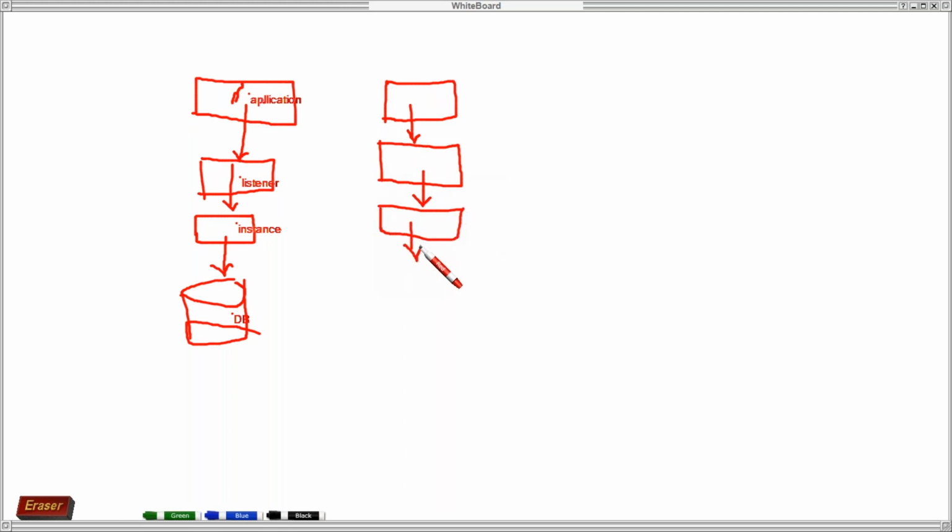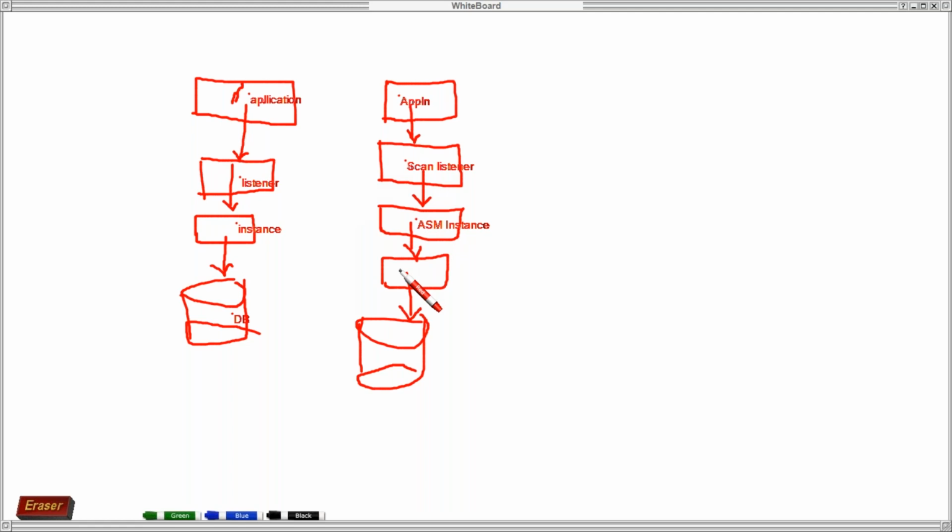The ASM instance gets connected with the DB instance, and then the DB instance gets connected with the database. So here this is your application and the scan listener, and this is your ASM instance.